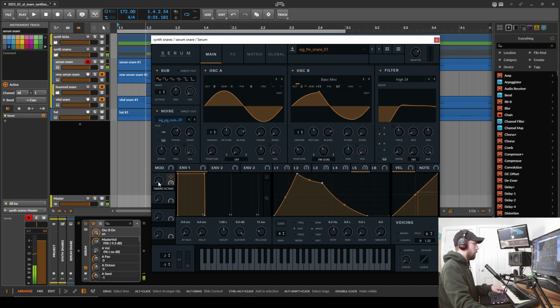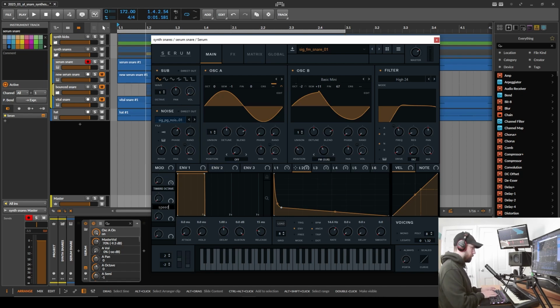In this case, it's kind of just changing that middle layer. Because maybe I want a different snare throughout the song, or maybe I'm just sound designing and I want as many options as possible. Something else we can do is create a speed macro, or rate, or time, whatever you want to call it. And we will apply this to,